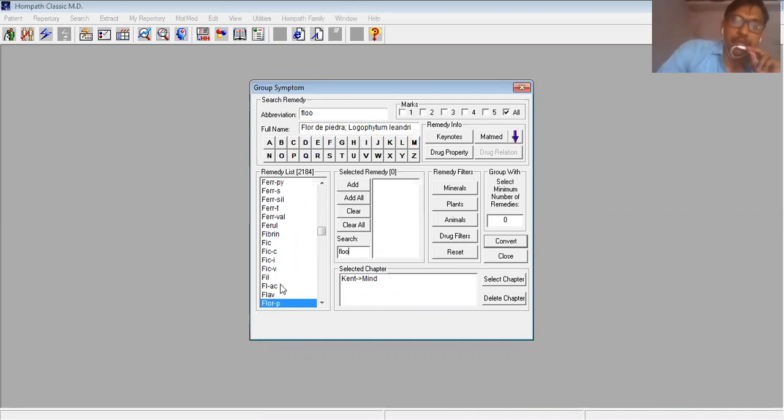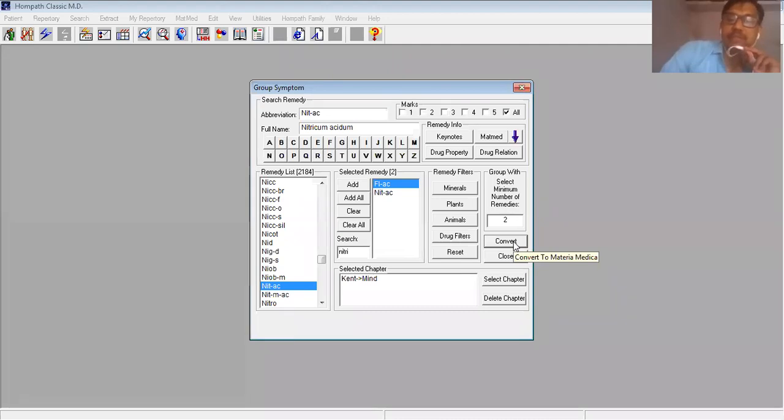So I have selected uric acid. Also select one more, nitric acid. And there is a function, convert. Let's see what happens.